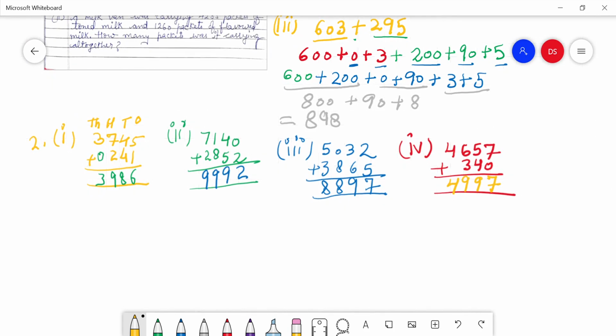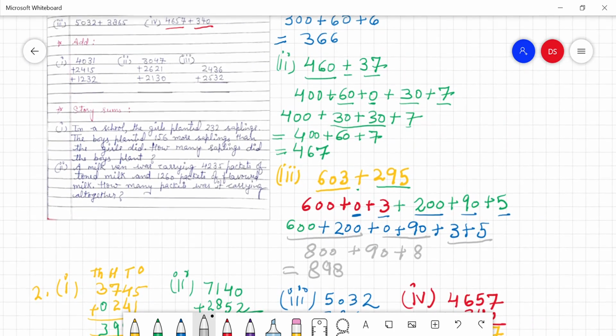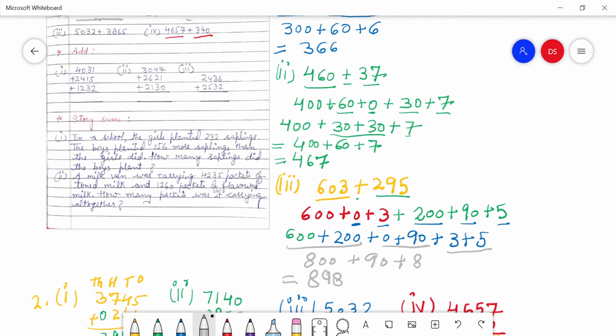Now we will move to the third question. In the third question again there is an addition. Here there are 3 lines. The numbers are given in the 3 lines which we have to add. We will follow the same pattern as we follow in the addition of the numbers. So the numbers are arranged already in the columns. There is no problem. So I can solve this sum here also.